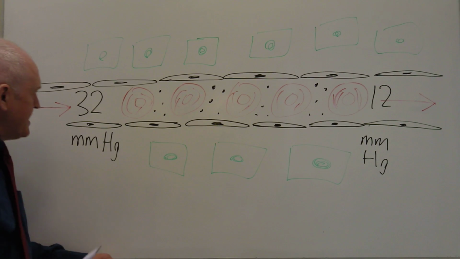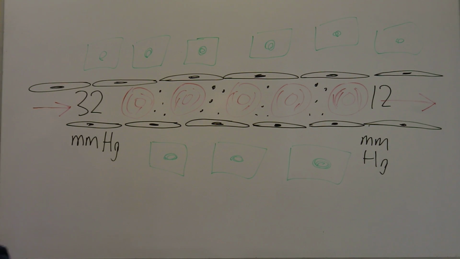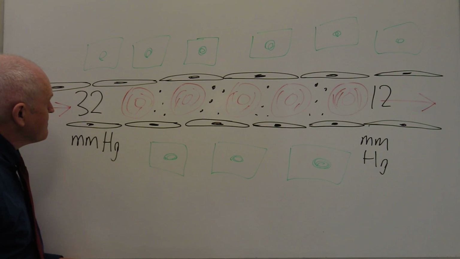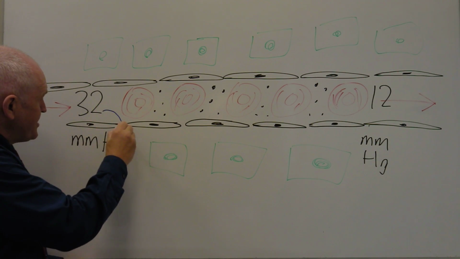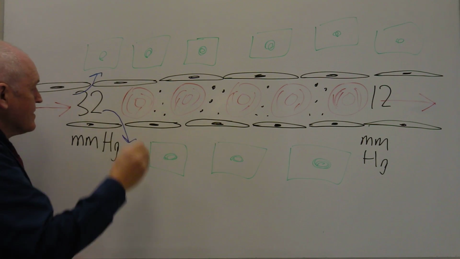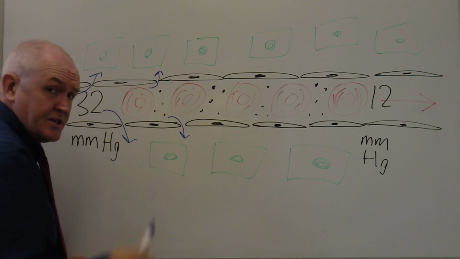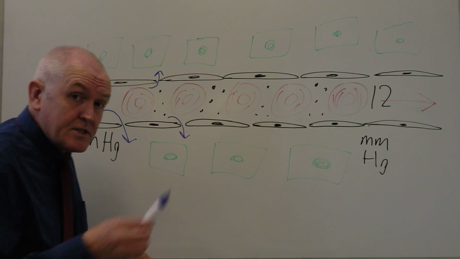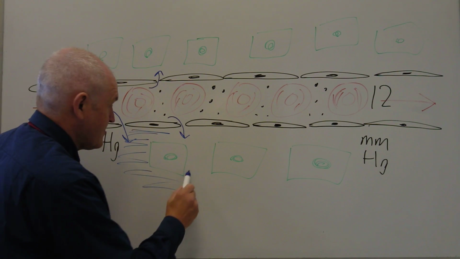So let's go to the arterial end of the capillary and think about this physiology. Well, here we have the blood coming in at relatively high pressure. But we notice that there are small gaps between the individual capillary cells. And because the blood is at fairly high pressure, water molecules will be pushed out from the blood, from the plasma, into the interstitial spaces, into the tissue spaces. And this is good because this means that we get the accumulation of tissue fluid in the tissue spaces,